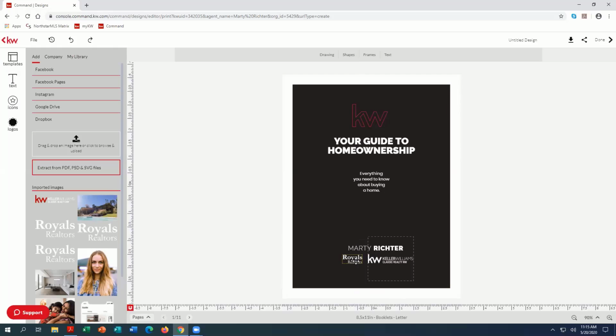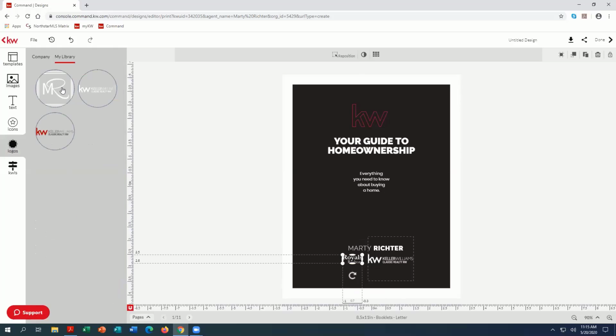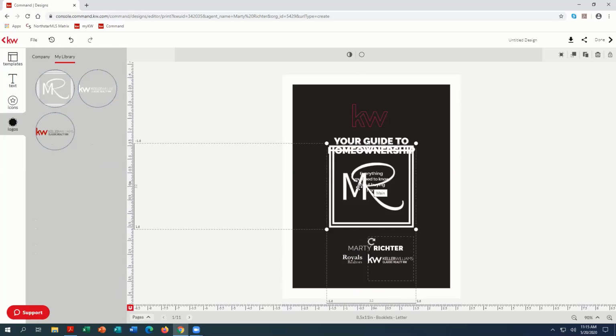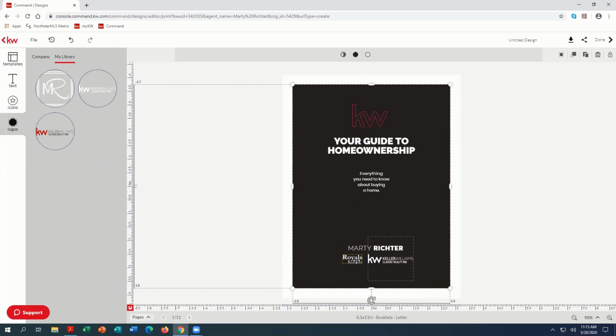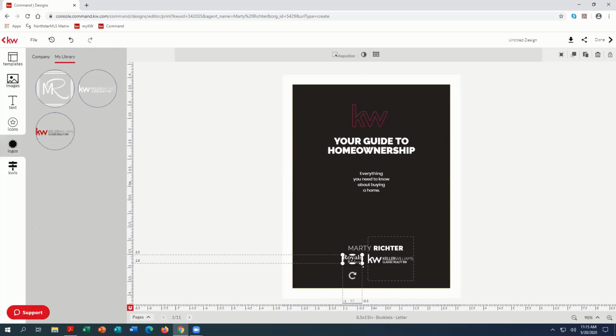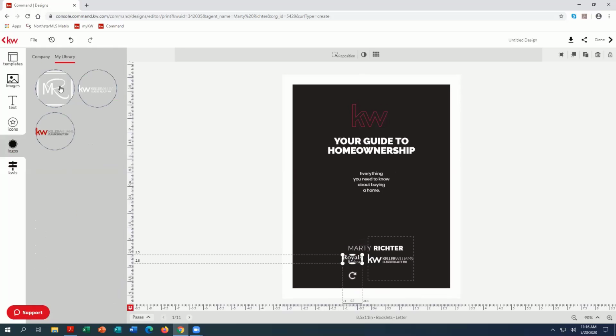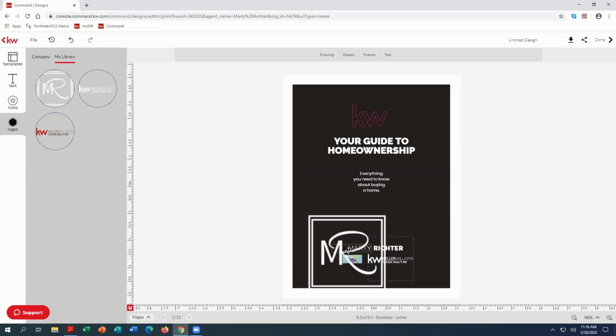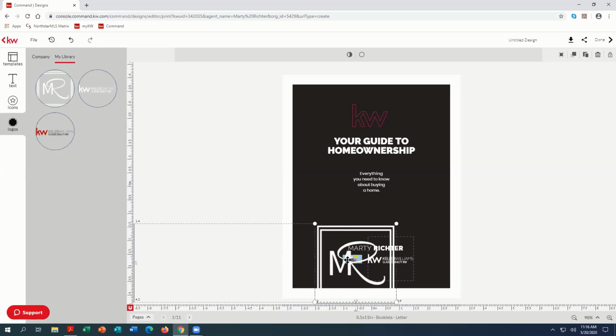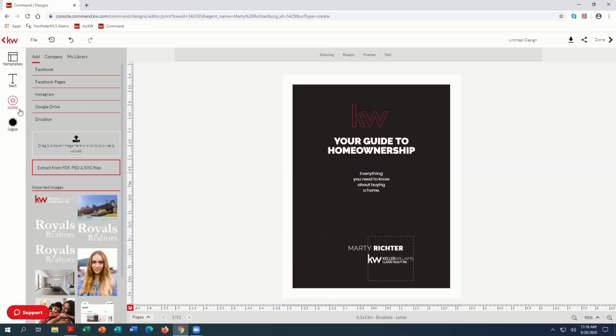And now if I wanted to replace this with my own logo, I could click on it, go back into logos, find my own. Oops. Well, sure, now it doesn't want to give me the replace symbol. Okay, well, if it doesn't give you the replace symbol, you can click on it, delete it, and it'll give you that placeholder where you can then drag. We'll get rid of the placeholder,